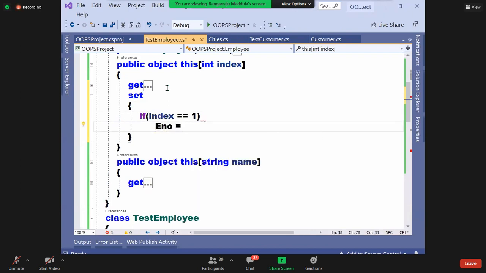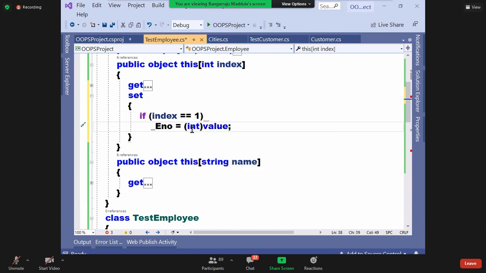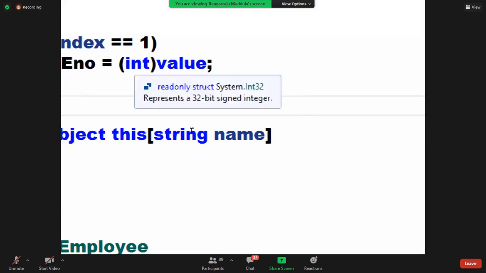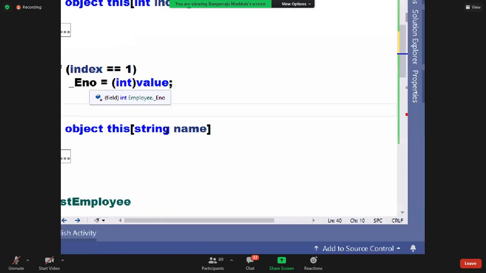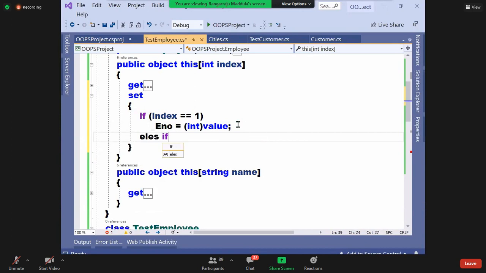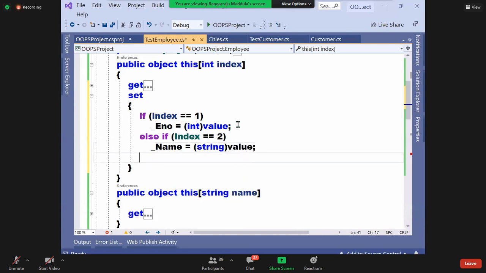E number is equal to int of value. Did you understand why I used this int of? Because this is an object. Watch, put your mouse there. Object. So convert it into integer and then assign to E number, otherwise an error will come here. Conversion is required. Same. Else if index is equal to 2, underscore name is equal to string of value.